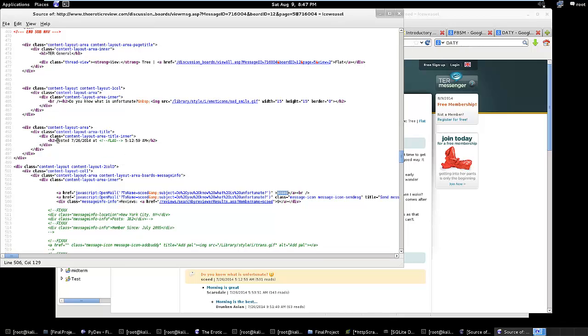Here's the posting time. I have to parse this right here to get the poster out of here, and there are a couple of different styles on this. I have to process a couple of different ways to get the poster information. And let's go back to the code,